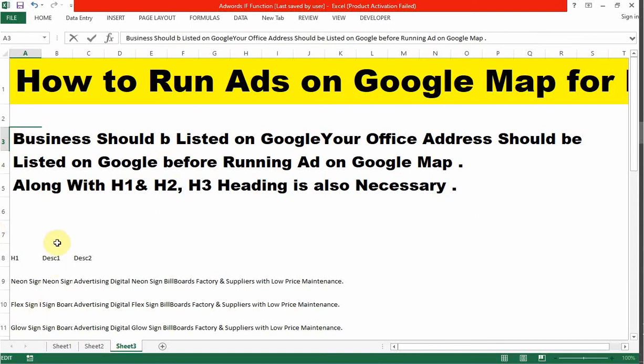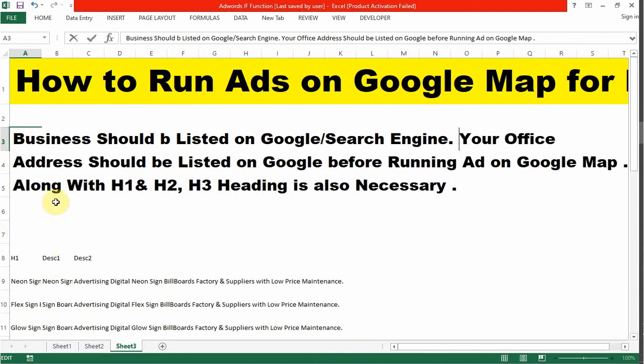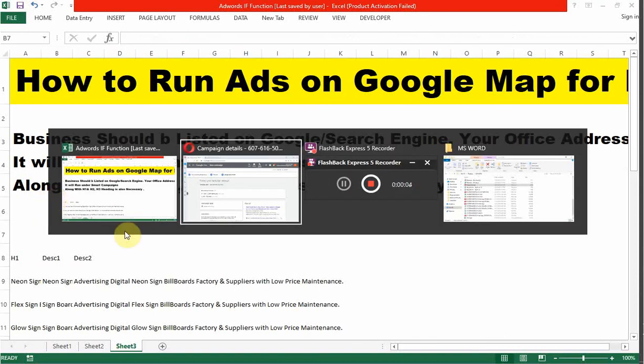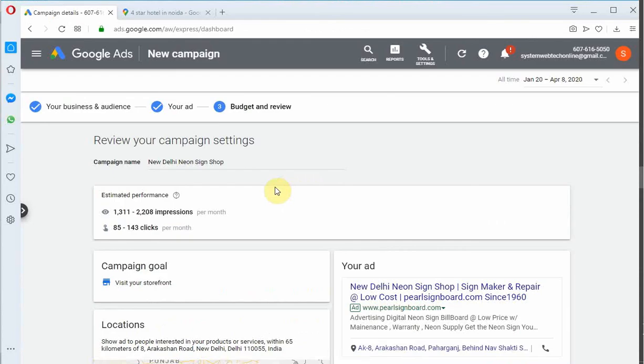Right, so this is the criteria, and it will run under Smart Campaign, and heading 3 is also necessary. So this is how your ad will be visible.